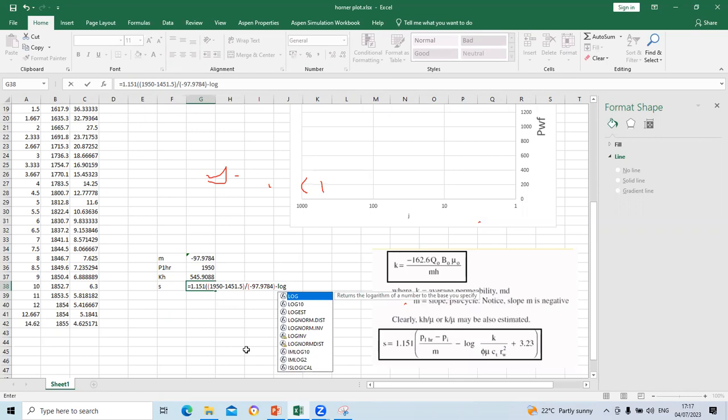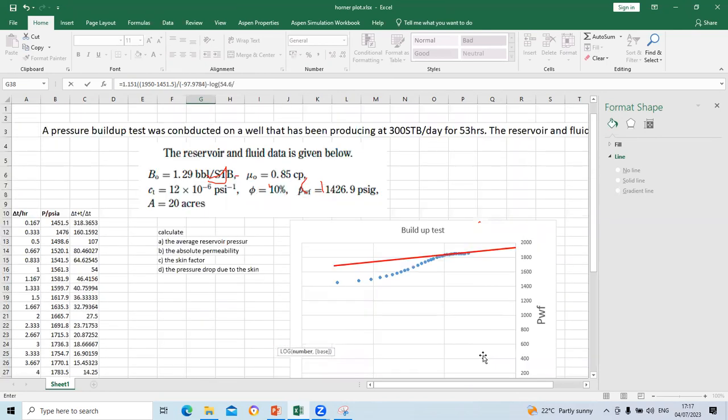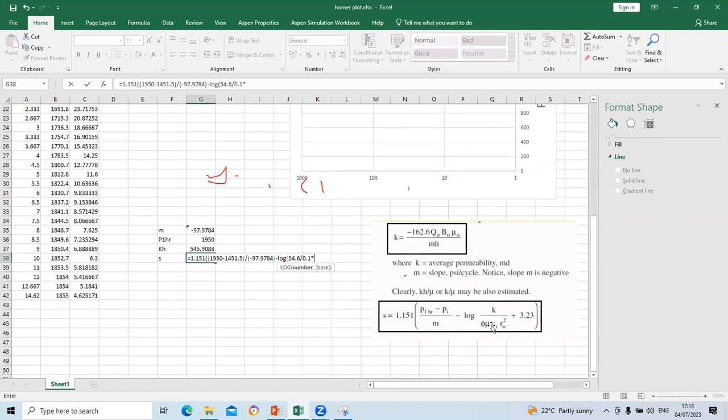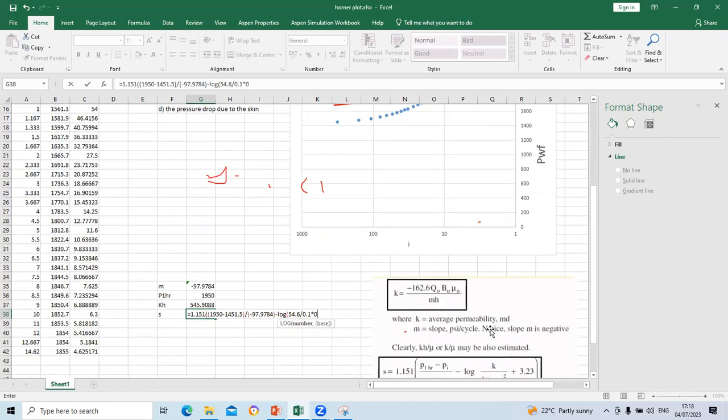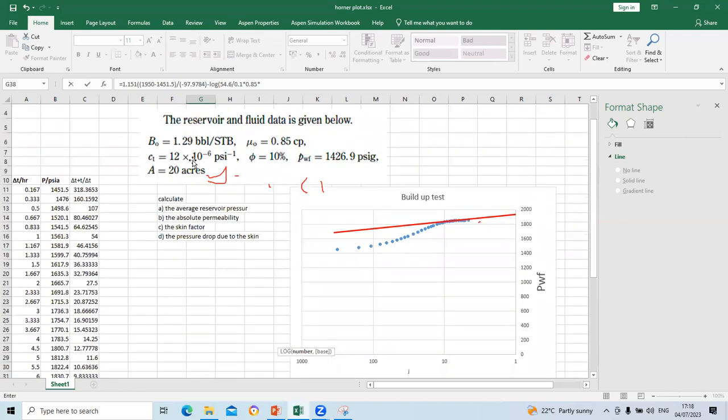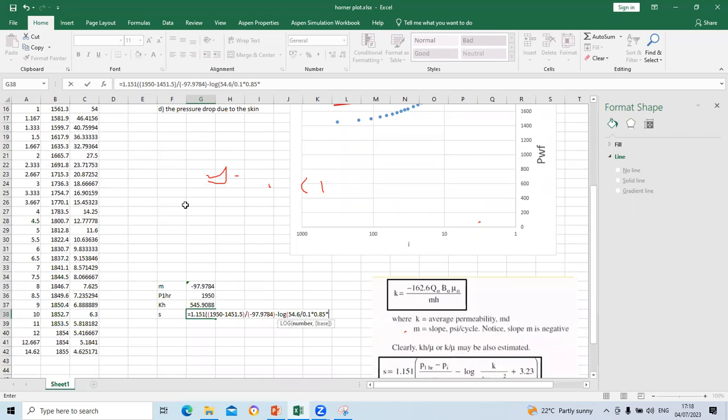So we have the log of, if the thickness is 10, if we divide this by 10, we are going to have 54.6. So let's use it like that, 54.6 divided by, we have porosity, which is 10%, 0.1 times. We have our viscosity, which is 0.85 times. We have our total compressibility. If I change this to decimals, I will have 40.116 times 0.000012 times